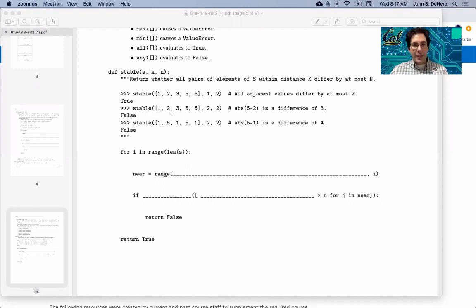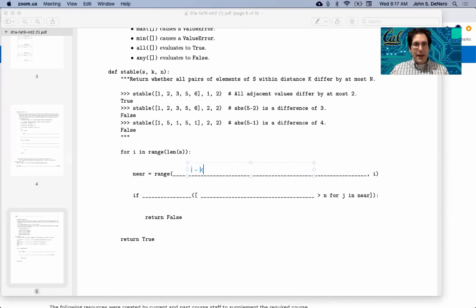So what are we going to check for all the other values, j? We're going to have to check 1 and 2. Compare S1 to S3 and compare S2 to S3. So that helps me figure out what my range is. If this is 3, then I need to go from 1 to 3, which I think is i minus